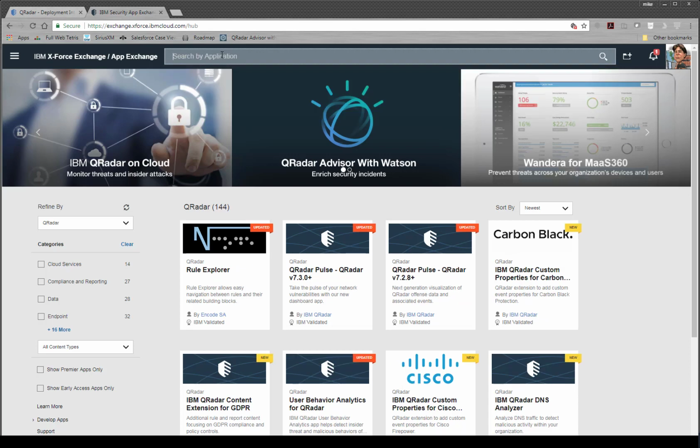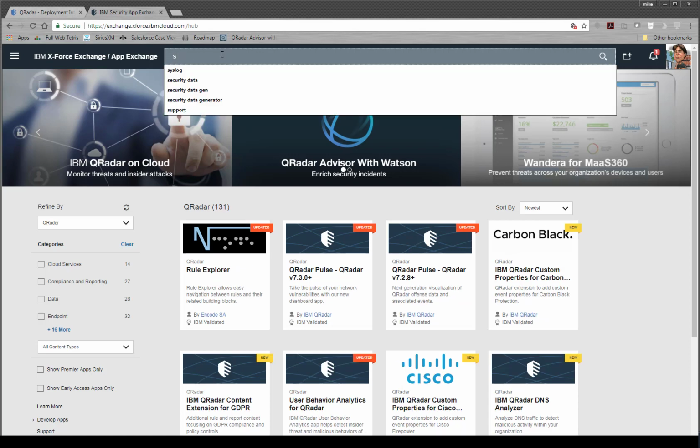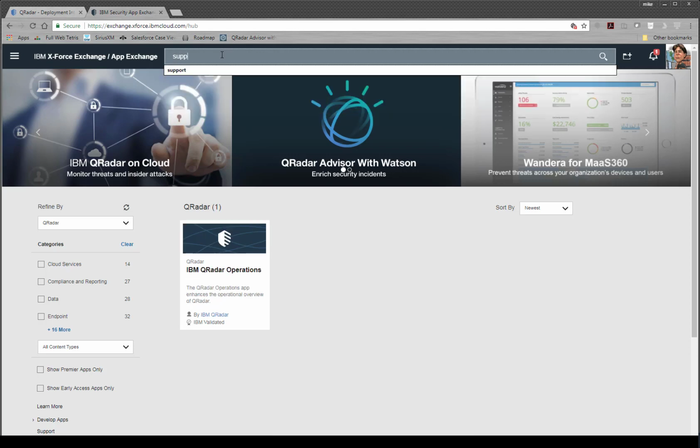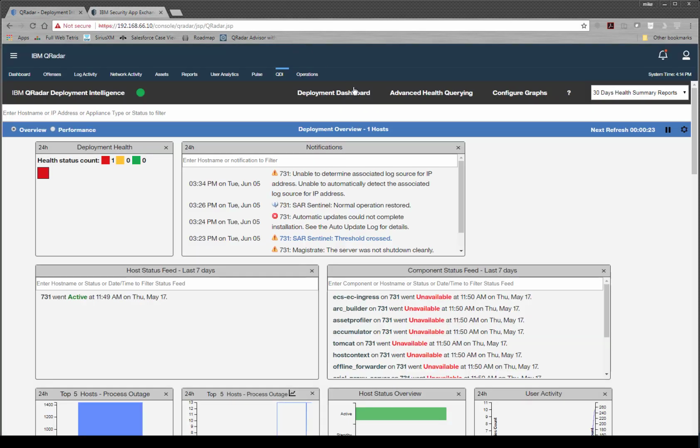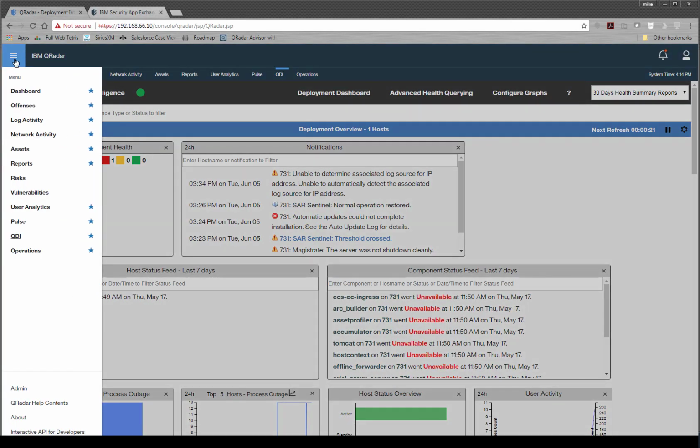Now, the Support app has a small schizophrenia problem. The Support app is called IBM QRadar Operations in the app, but if you Google it under Support, it comes up. So I downloaded those 3, and I went over to my QRadar, and I went to,